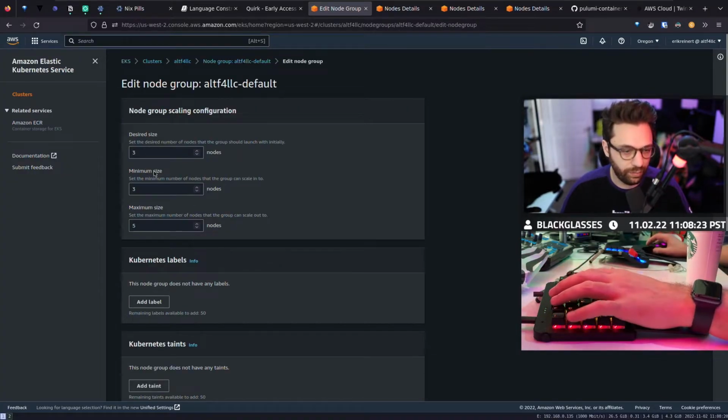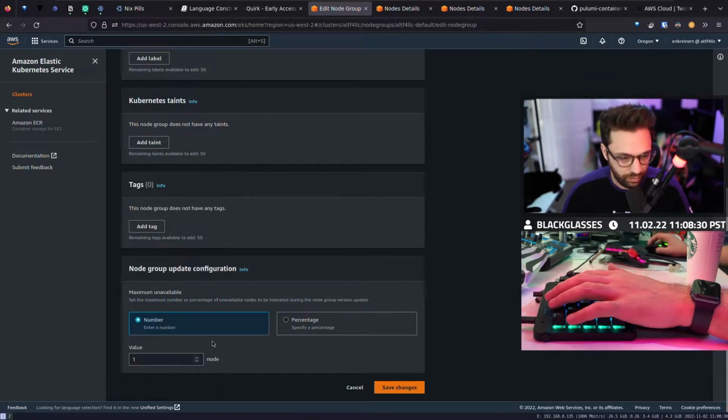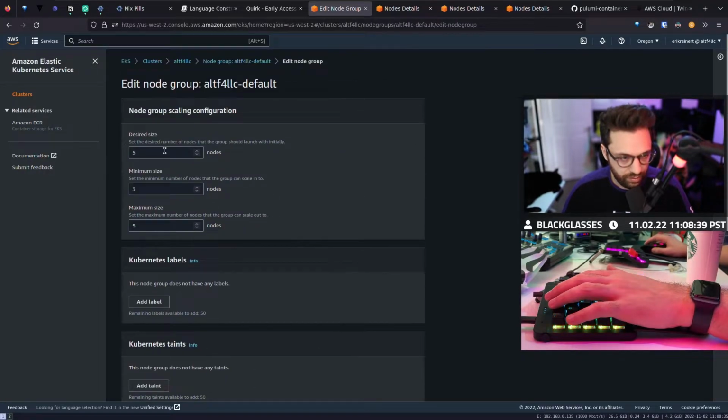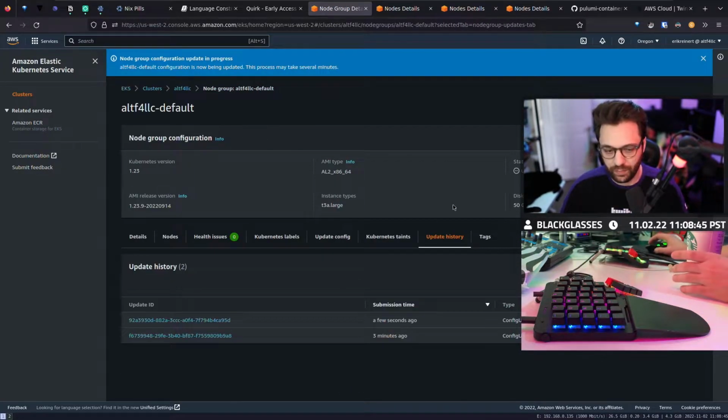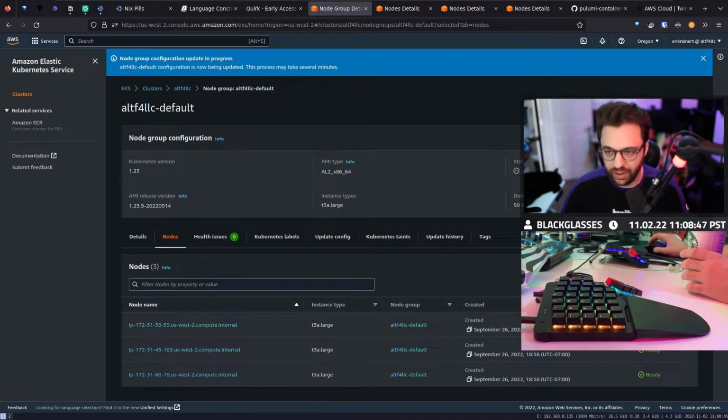So it looks like the desired size probably isn't changing, but that's also probably because we don't have an... Okay, I know what we're going to do. Let's set the desired size to 4? 5. We'll just set it to 5 for right now. Oh, I see. Desired size 5, minimum size 3, maximum size 5. Save changes. All right. We should get 2 more nodes now. And hopefully these 2 nodes will offset the cluster and make it so this works.